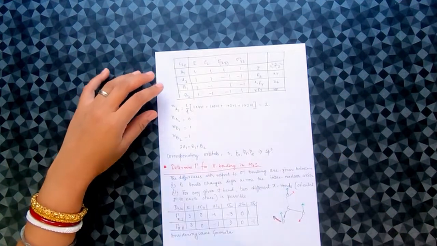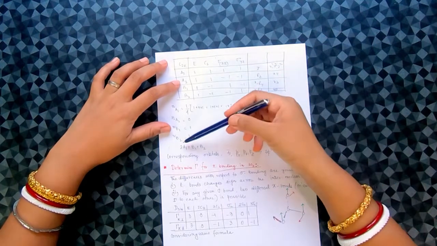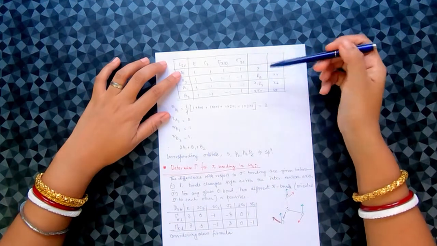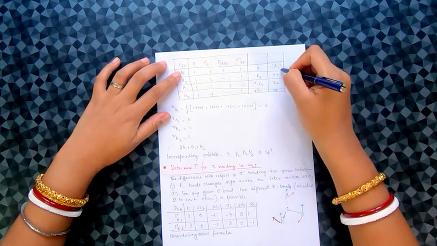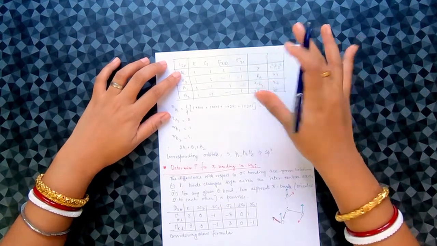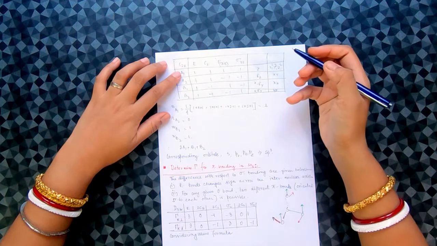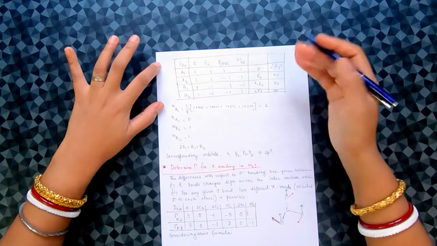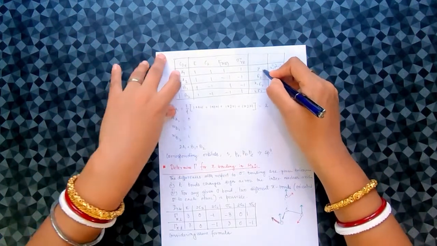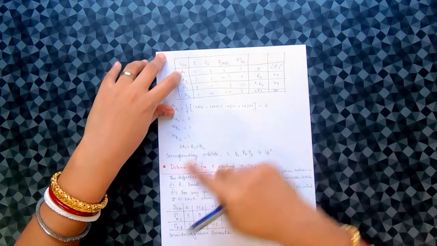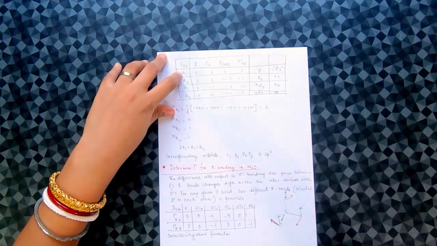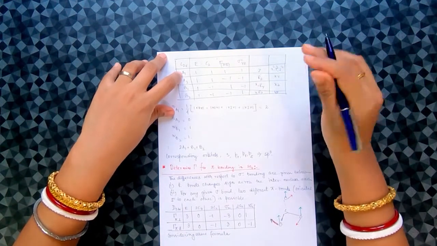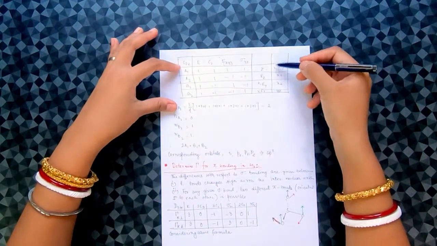Now we have to check the corresponding irreducible representation. What is there for A1? z and x square, y square, z square. These 2 kinds of orbitals are there. z means pz, so when we consider orbitals, z represents the pz orbital. And because 2 a1s are there, another a1 represents x square, y square, z square, which is nothing but the s orbital, because the s orbital is spherical.